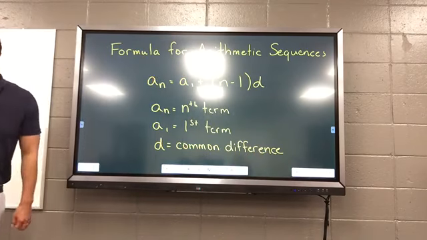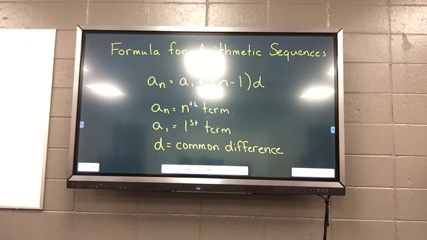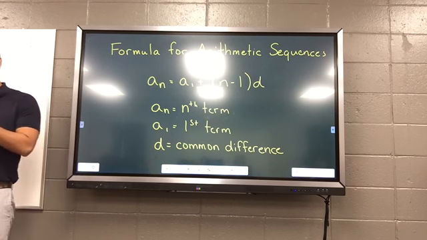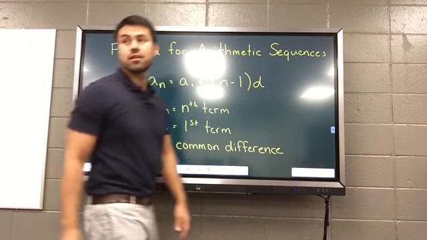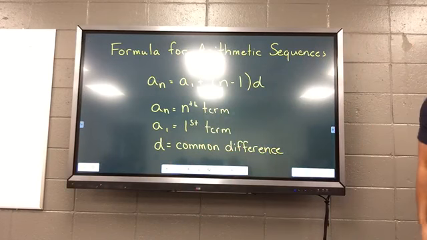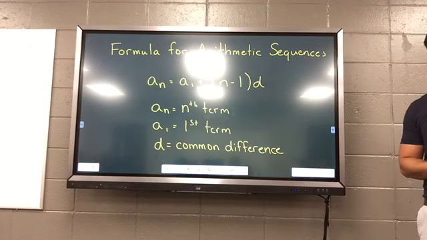I need you to get this down. There's a formula you can use that can give you any term of any arithmetic sequence. Any term. If I wanted the 1000th term, you could do it. If I wanted the 51st term, you could do it. As long as we're talking about arithmetic, we could do it here. Someone gave almost the right formula, but you have to make sure you put in a component that would make it correct.